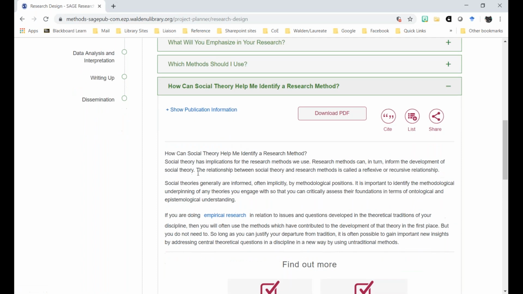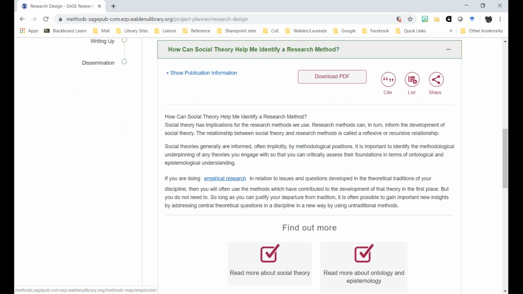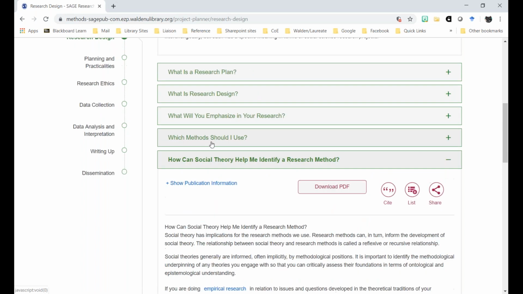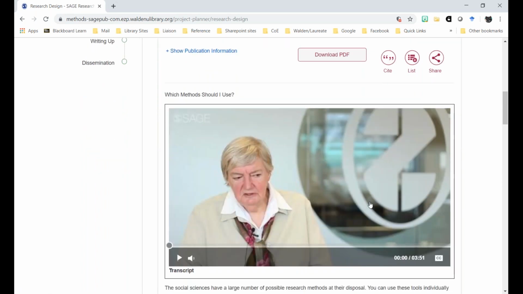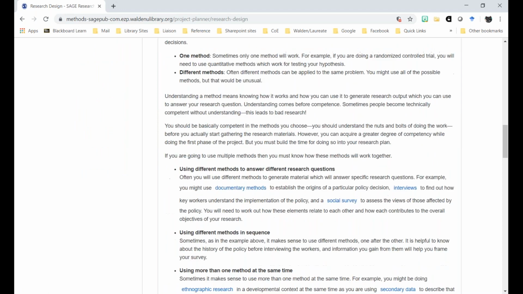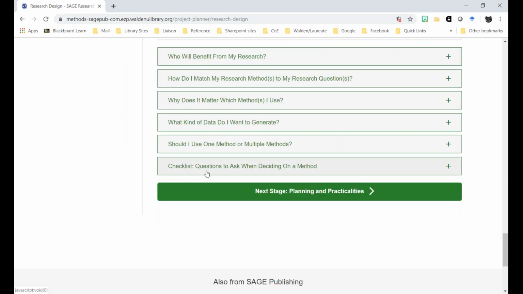If you click on this, it's going to give you some information about that, additional links to other resources in this database. Often there's going to be a video with a transcript. And if we scroll all the way to the bottom, you can see it has a checklist. So it can help you through